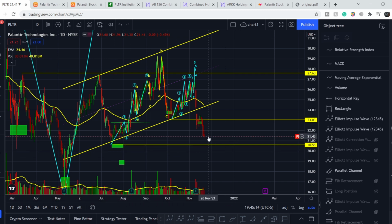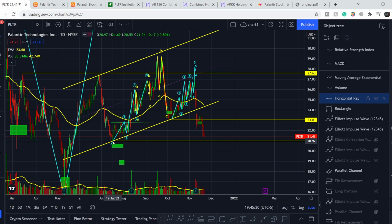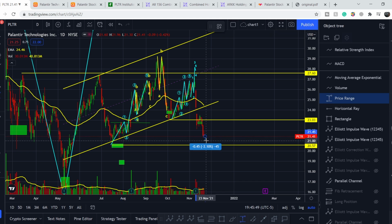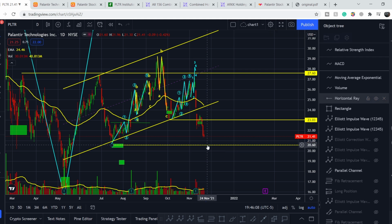$20.58. And we are on the way to this level. I have to say that we also might have a range of support right here at about $21. So from our current price, we have about 2% to first support and about 4% to our major support. So we are not so far from this level, and that's why you have to be cautious with this price action. I will show you what we should expect next in my technical analysis, but for now let's continue